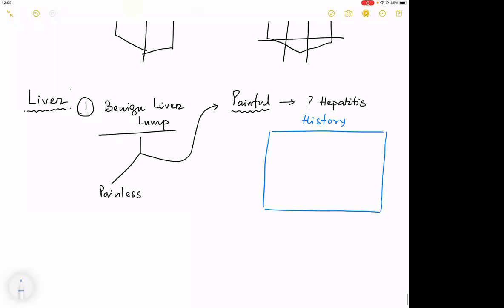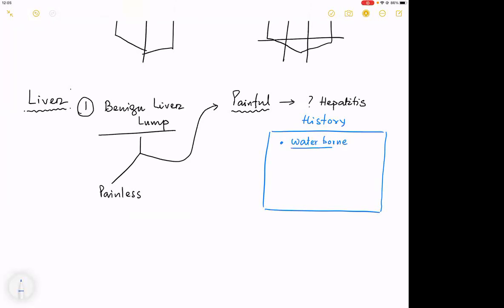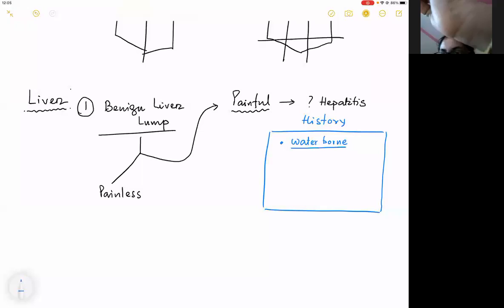What is the history that I am concerned with? Either waterborne hepatitis, that means the history about what quality of water he or she is drinking, what the surrounding patients are, or what locality he or she is coming from, or it could be an intravenous injection or an IV drug addict,